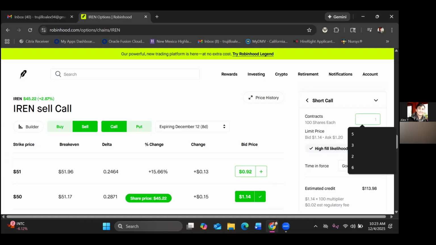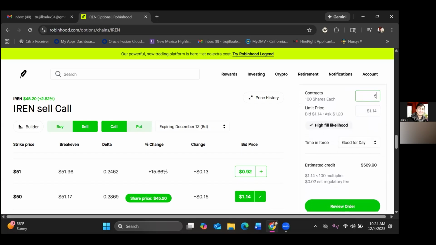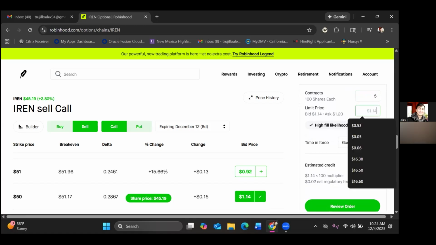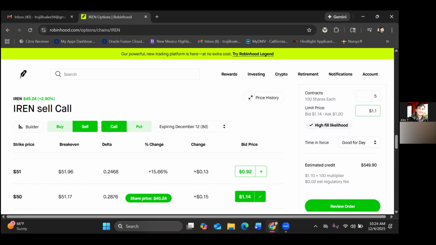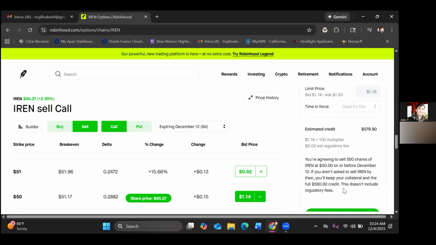Oh, I see. So it took the cash collateral from the last one. Maybe it had to do with my cash collateral for the last one. That's interesting. So instead of 1200 buying power, now I have 380. So we'll see what this looks like. I think perhaps it's using your cash collateral to offset the collateral for the leap. Let's try 1.16. Okay, let's process that. That should go through.